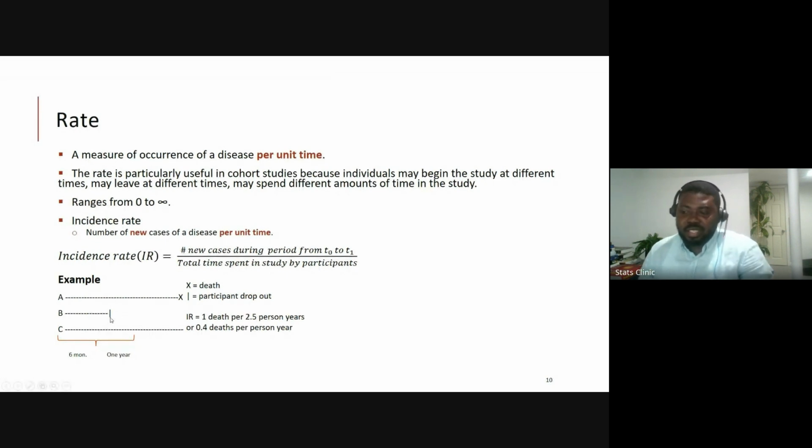So if person A spent 1.1 years and person B spent 2.5 years, we'll add 1.1 plus 2.5. So in essence, it's just a sum of the amount of time they spent in the study. And when we sum that up together, that's the total time spent in the study by participants.